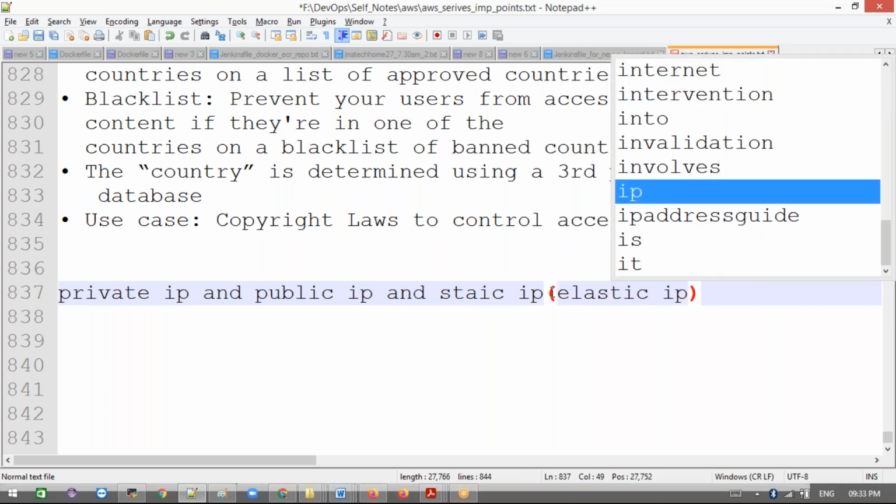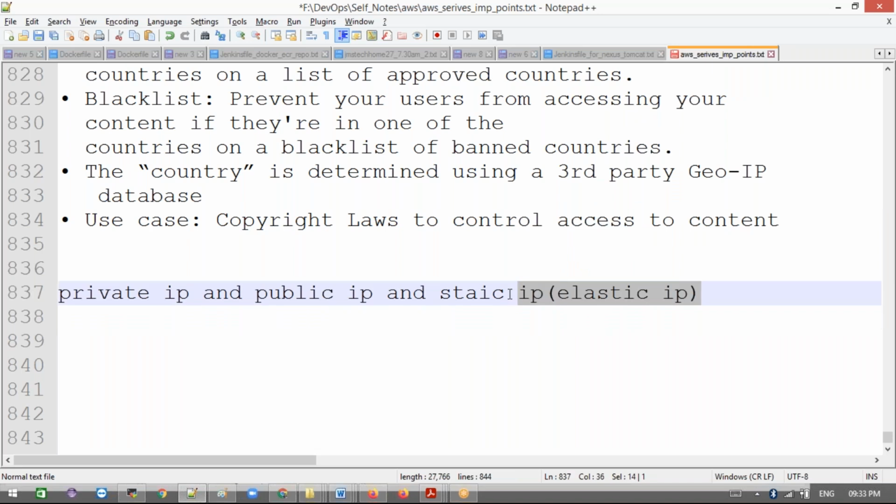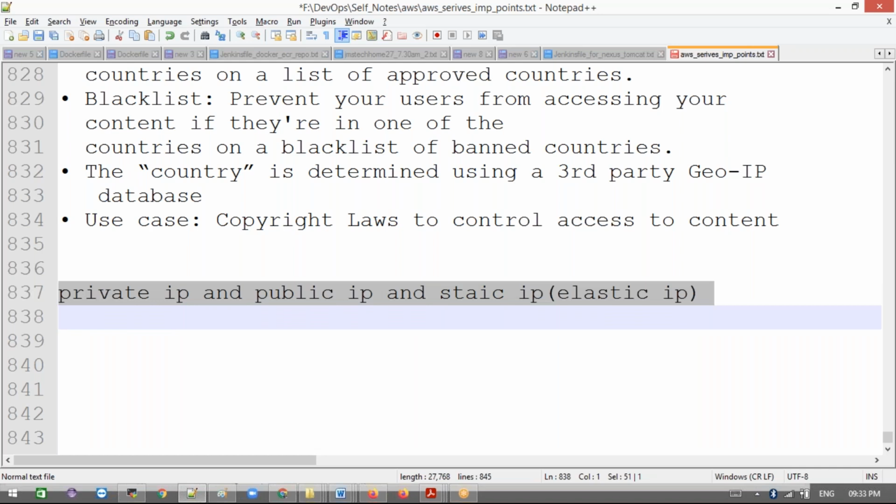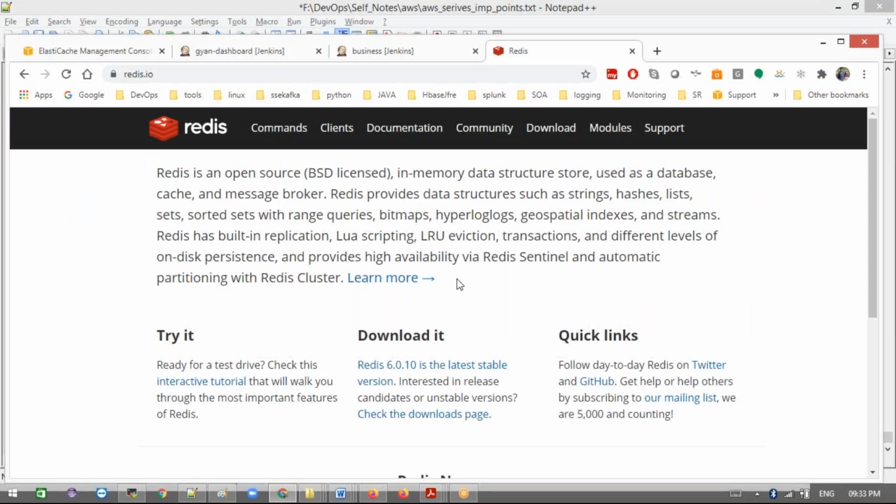Elastic IP we are calling. A static IP or elastic IP, both are the same. You can use any one of these. Understand this, it is a very important question they'll ask from an interview point of view: what is the private IP, public IP, and static IP, elastic IP? Okay. Then next, before this, you need to understand